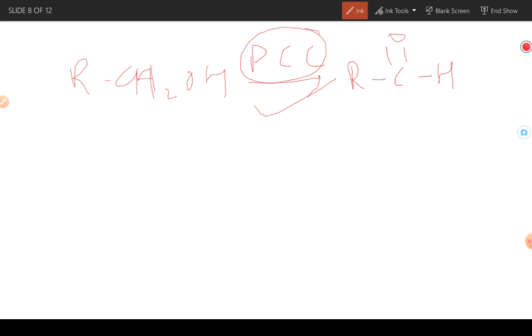Now we are going to see about strong oxidizing agent. What is the function of a strong oxidizing agent? It will convert primary alcohol into acid. This is very very important. Strong oxidizing agent. Here in strong oxidizing agent, the examples are